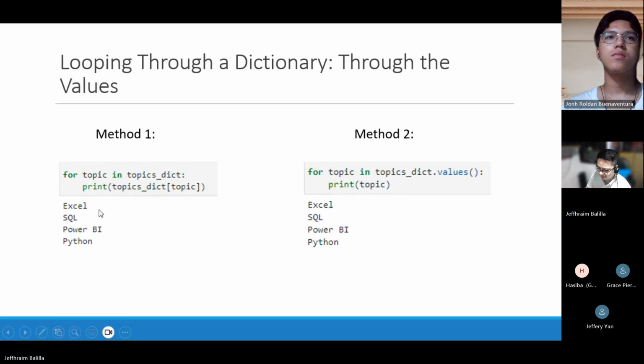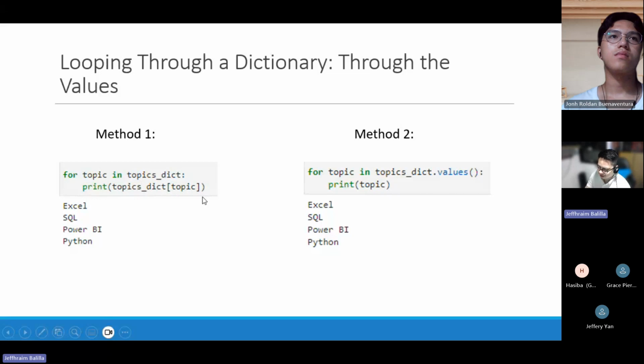Do you follow? Alternatively, just like what Jeff said, we can use a method for dictionaries: for topic in dictionary.values(), print topic. I think method two is more intuitive; I think the group would agree. However, the first is more efficient, and I always do it this way because this is something that we already know.